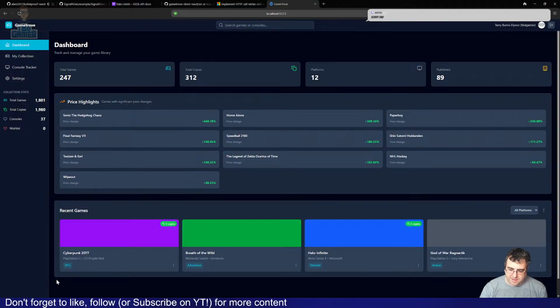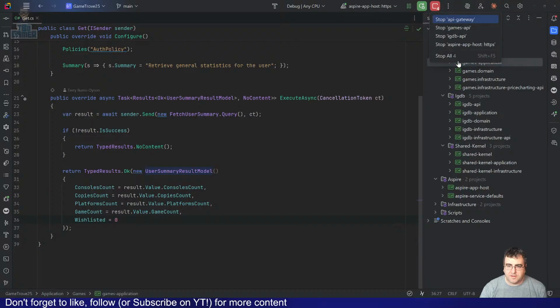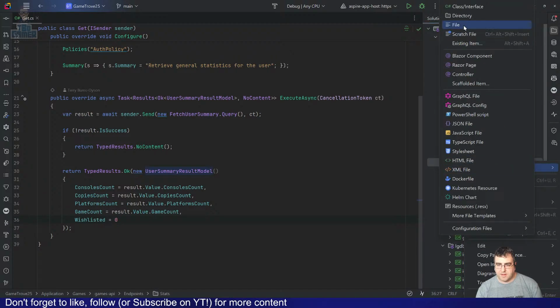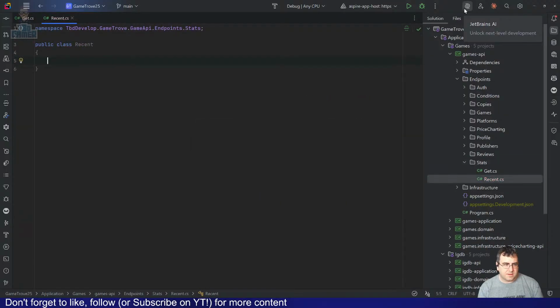Yeah, let's get this feature added. Let's do this. So we go here. Games API endpoints, games stats, recent, public class. This is a pattern I'm going to change soon.